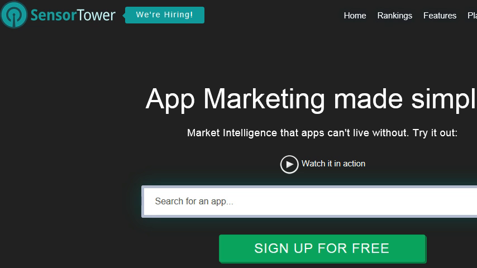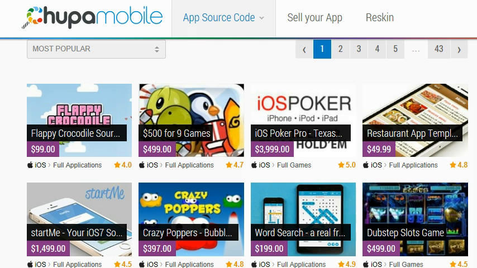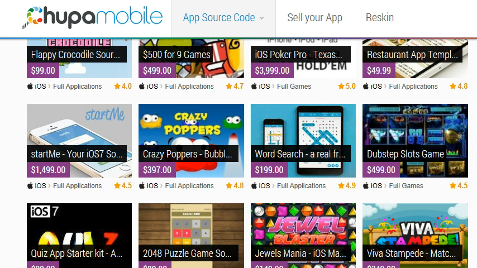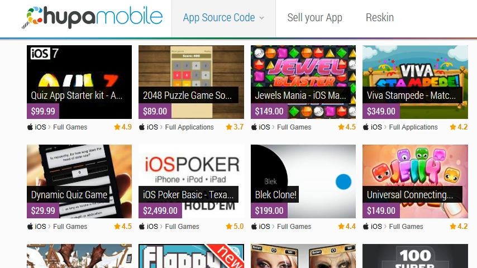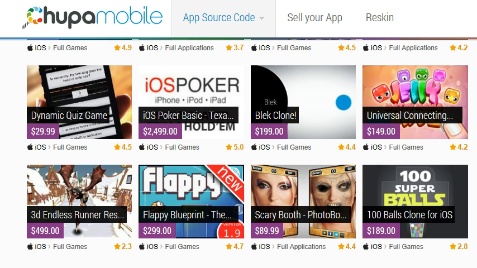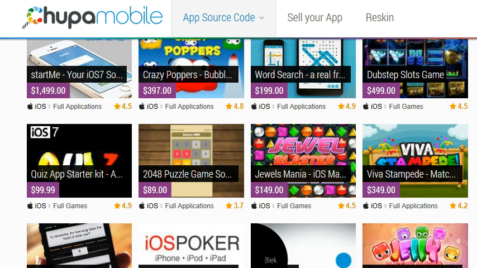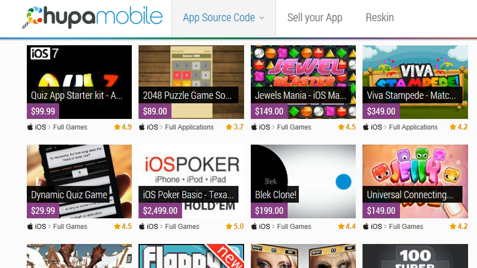I'm going to show you, first of all, how to get the application in the first place, how to get the source code. And websites like chupamobile.com are exactly how you can get it. As you can see, these guys sell iPhone apps and you can buy the source code, all right? These are a little pricey. I'm going to tell you how you can get them for better prices. I'm going to teach you exactly how you can decrease the cost of it, because once you have the source code once, you can reskin the game multiple times, all right? So your cost per app pretty much goes down